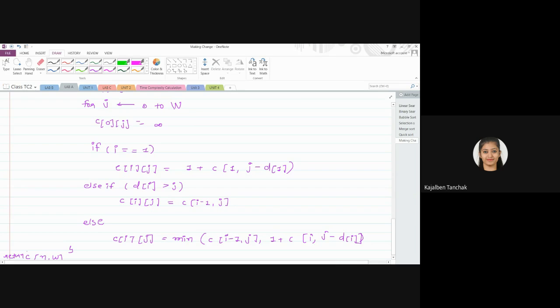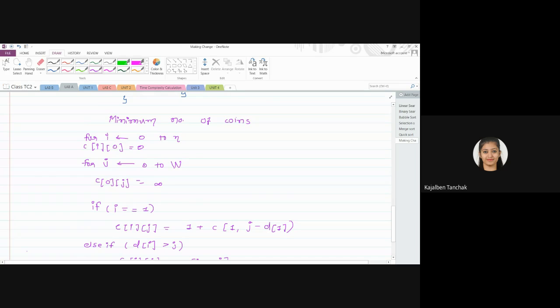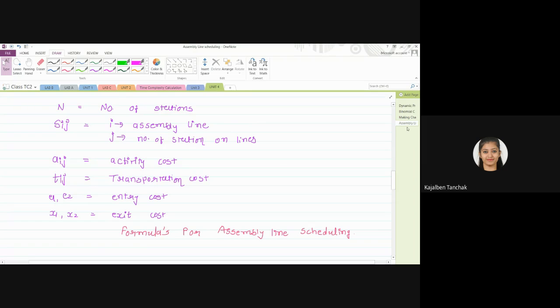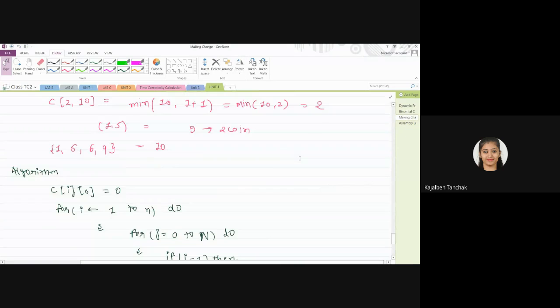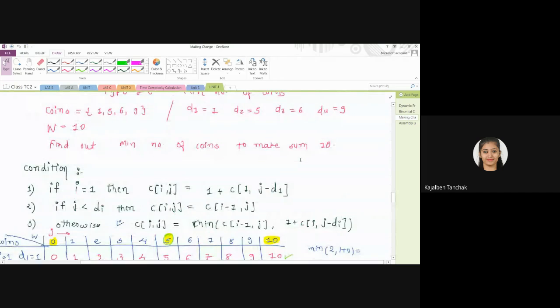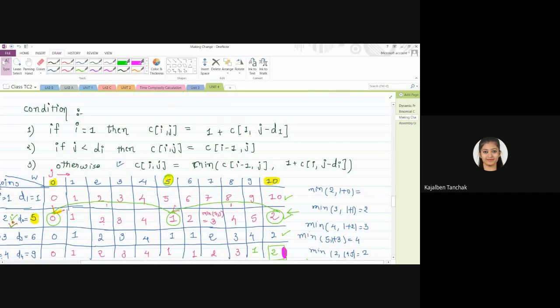Okay, so sometimes what happens is that in the examples we have taken, we started directly with I equal to 1, right? And at that time we had given 1, 5 and 6. Let me take that example only. In class we have done this example, right? You just see 1, 5, 6, 9. These are the coin values that will be given. We have directly started with I equal to 1.